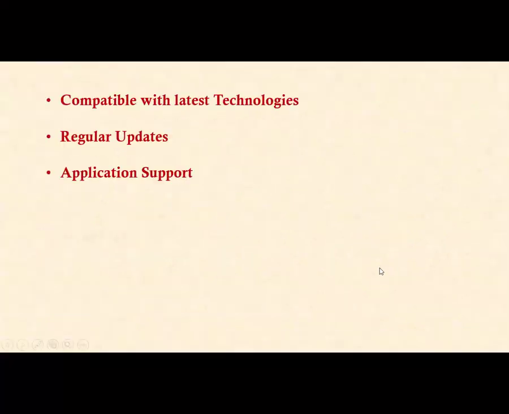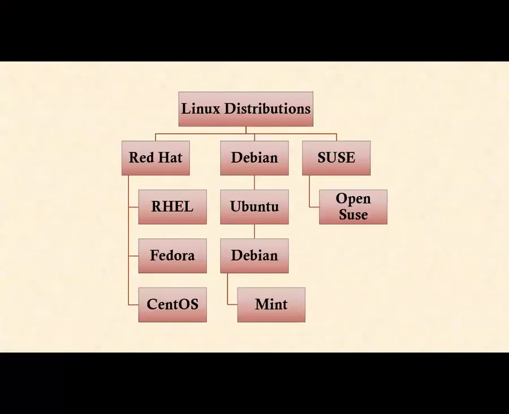All right. Now, these are the most famous Linux distributions. Normally people know about Red Hat Linux and Ubuntu Linux. These are the two widely used Linux server operating systems across the globe, Red Hat and Ubuntu. Everything comes under the Linux distribution category. Under Red Hat, there is Fedora and CentOS. Under Debian, there is Ubuntu and Mint, and SUSE with OpenSUSE, and there are many more distributions available, some hundreds of distributions, since there are hundreds of people who can provide you the Linux operating system.